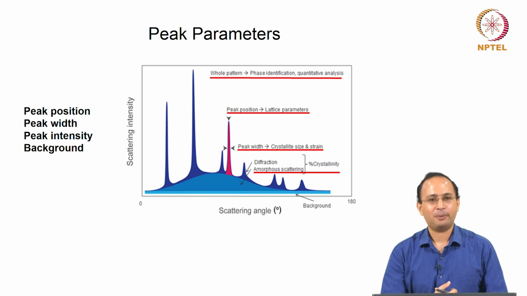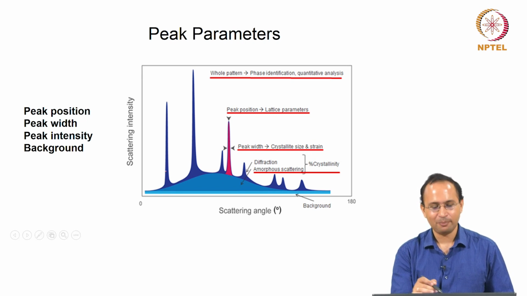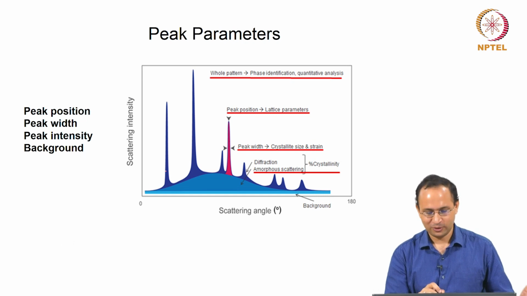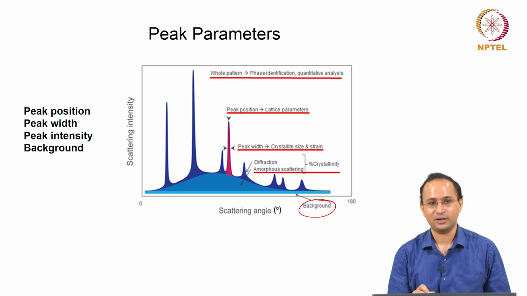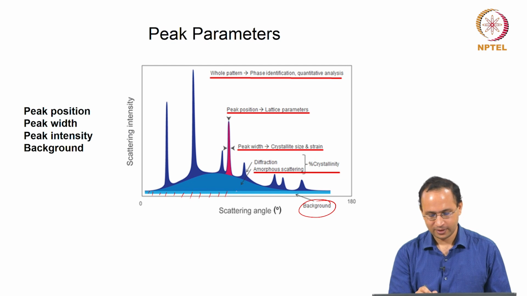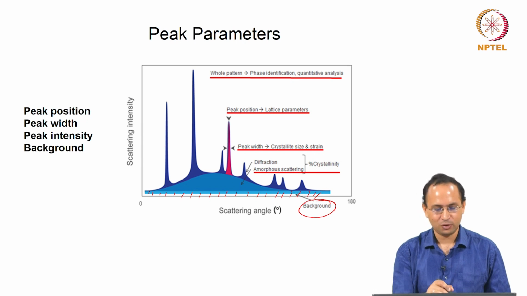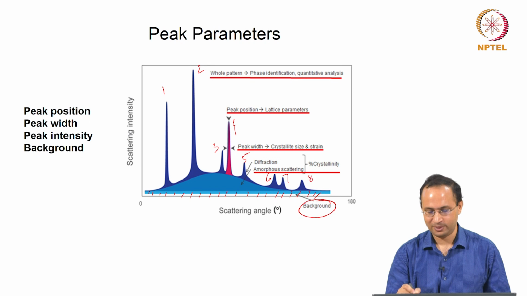So, let us look at some peak parameters. It is important to see again what the various things are which we get from the pattern. A typical pattern will be like this, right. You are always going to have some background. It could be because of the instrument or sample, this is the background. Then you are going to have some level of, let us say some amorphous content in your sample. So, you will have some contribution because of that, and you see these peaks, right. So, these are peaks 1, 2, 3, 4, 5, 6, 7, 8 peaks for an example.